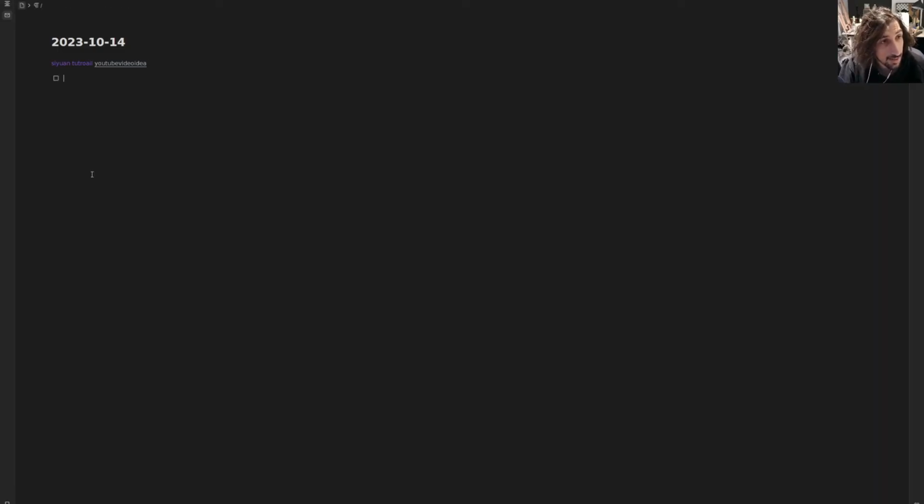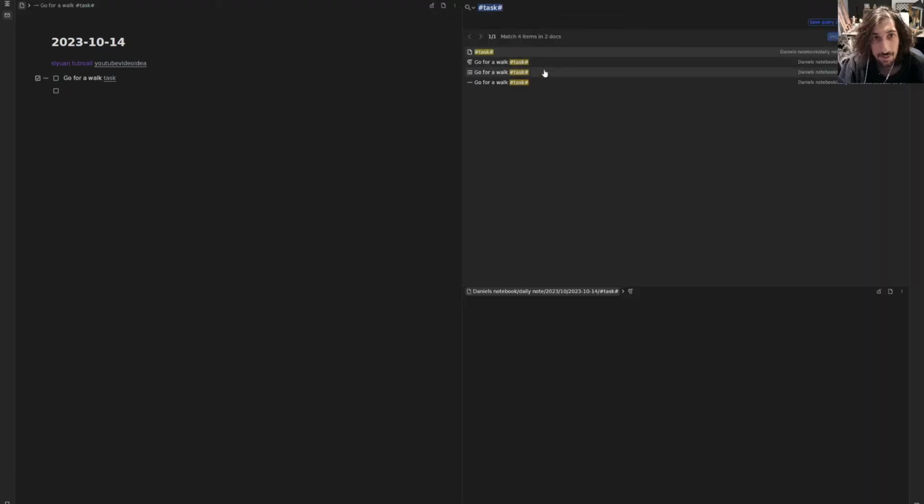You could also have tasks inside of your daily notes. That's another reason for having daily notes. Go for a walk. And you could actually tag these as tasks as well. Task to get a main task view inside of here. So you could do that as well if you wanted to. So here you get your task. And we have another task, take out trash. We will give this the task tag as well. Close this, open it again. And here you can see a list of my tasks. I need to go in and delete this later, but